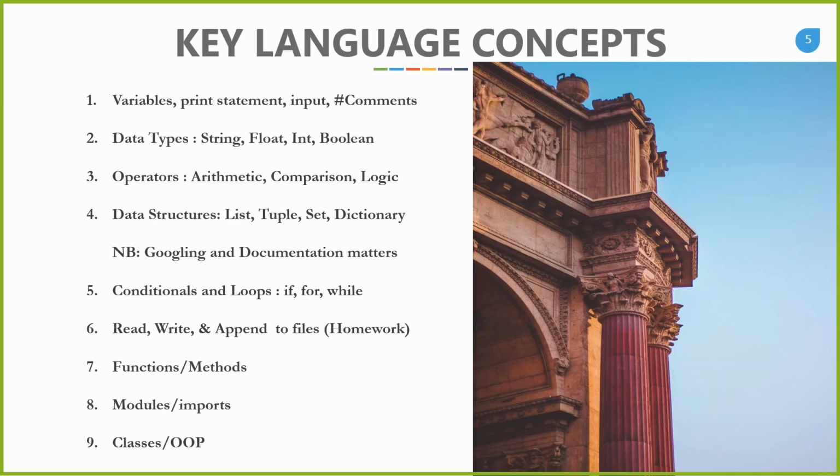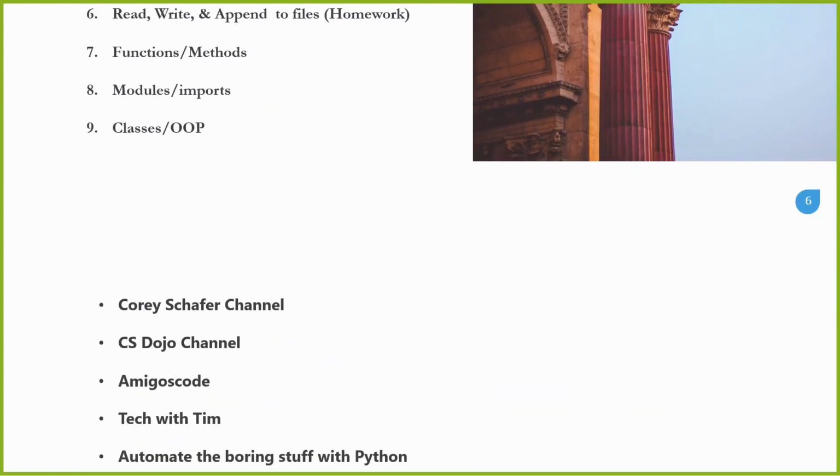Programming is usually not that complex. You usually need to know some key fundamental concepts. For me, I break it down to what you see on this list: variables, print statements, input, comments, data types, operators, data structures. If you went through the video we initially shared, videos 1 to 9, you can always understand this. If you understand these key foundation building blocks, then you can easily dive into frameworks and libraries and start choosing your path. But with Python, it's not as complex as it might be shown.